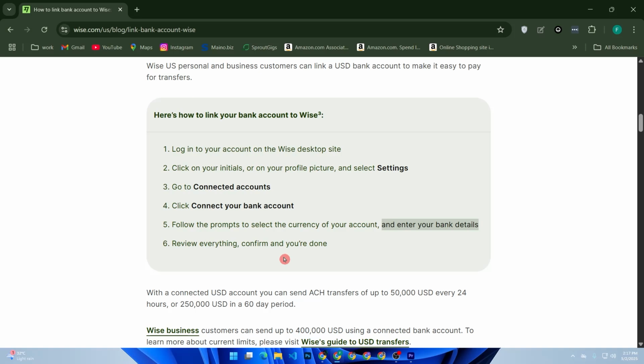Once verified, your bank account is linked. Now you can send, receive, and withdraw funds smoothly with Wise. And that's it. Your bank is now